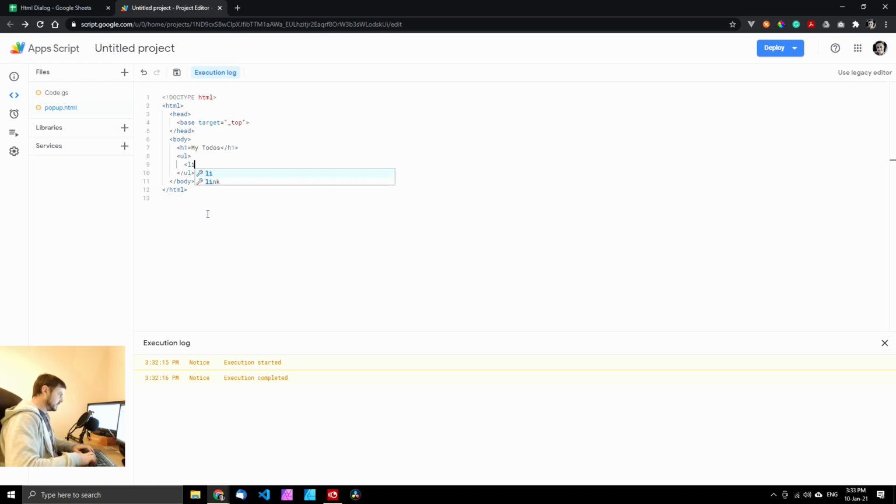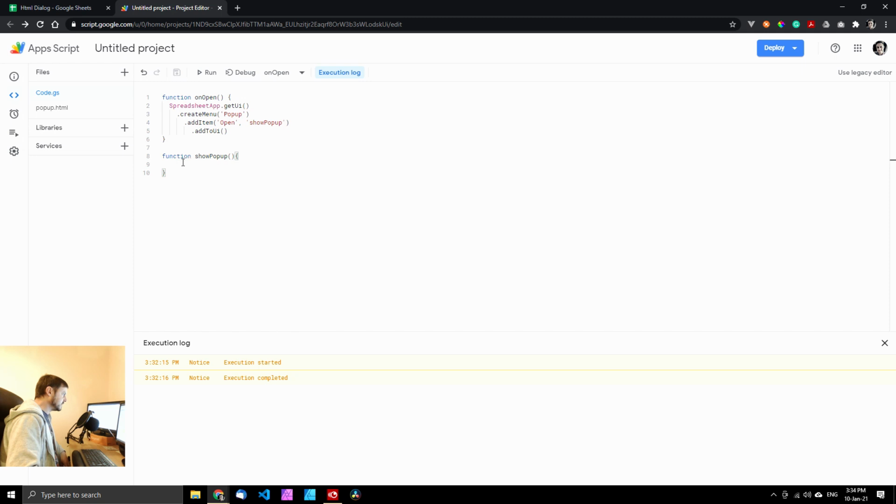Let's add some list items. Let's just copy that down a couple of times. Let's just say we need to get oranges, get apples, and the last one can be send Bob a thank you text. Okay, that's our HTML file, and what we want to do is to grab all of this and put it into an object. So the easy way to do that is to just go let